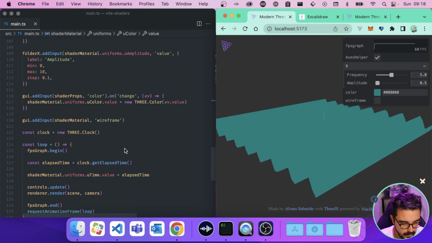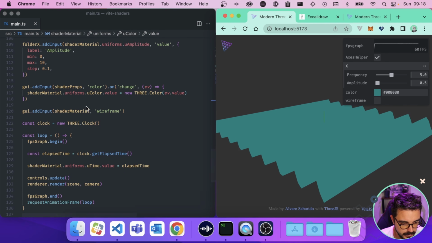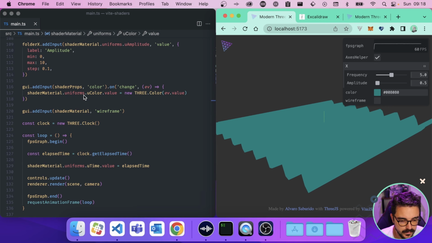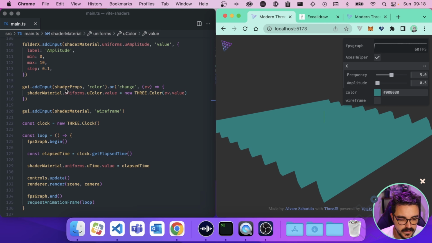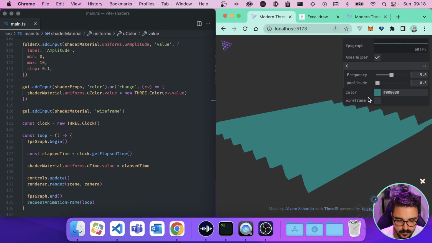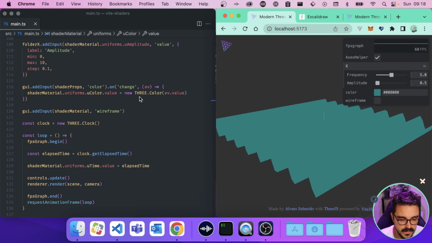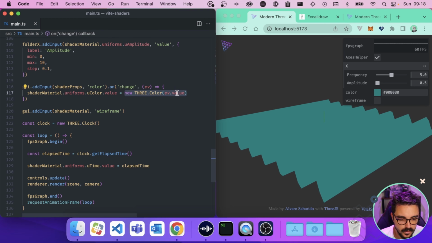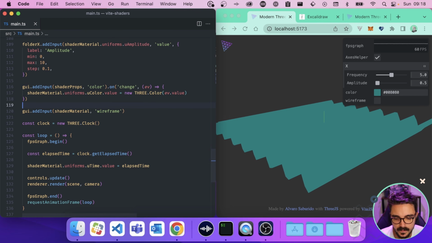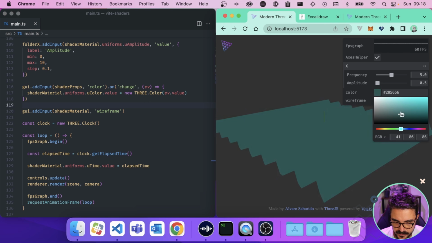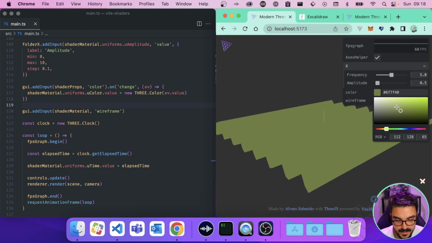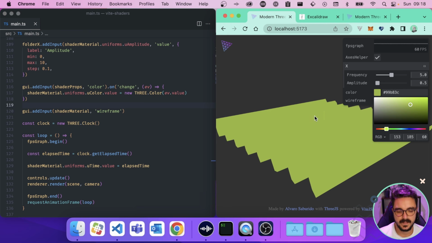And here on the input, instead of using shader material's uniform uColor directly, we are reacting to the change on the shader props, which is gonna be this one. And on change, we are gonna pass a new three.js Color with the value, okay? So if I change the color here, you can see that it actually changed, which is cool.